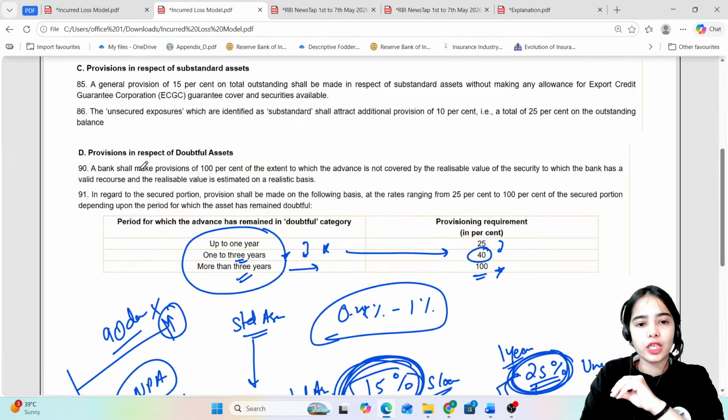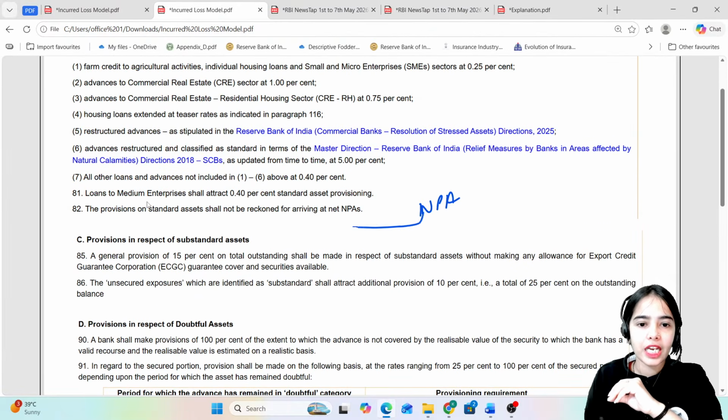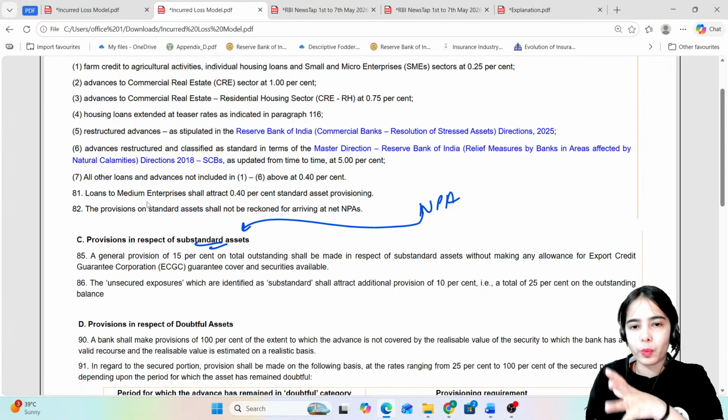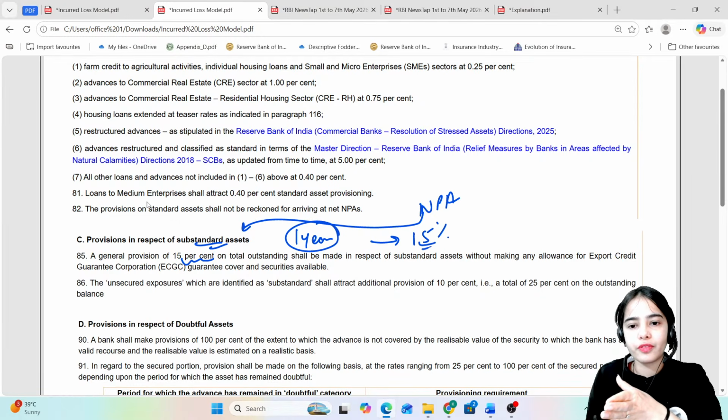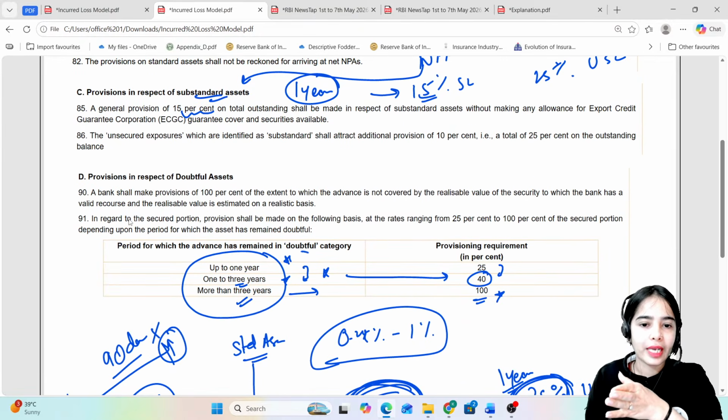In the incurred loss model, you can see that the NPA has been recognized. It will be kept under the substandard asset category for around 12 months. So till then, for 1 year, there was a provision of 15% for the secured loan and 25% for the unsecured loan. After that, the loan comes under the doubtful category after 1 year